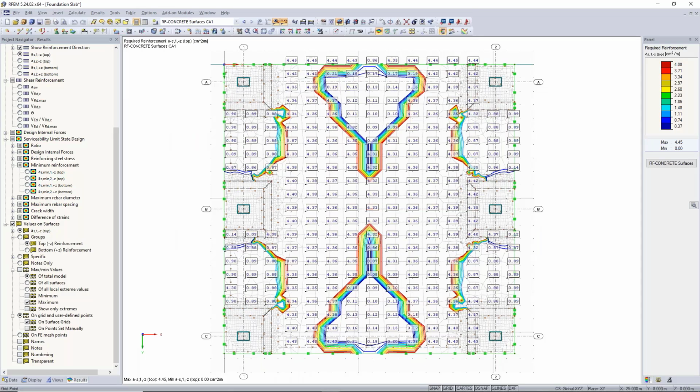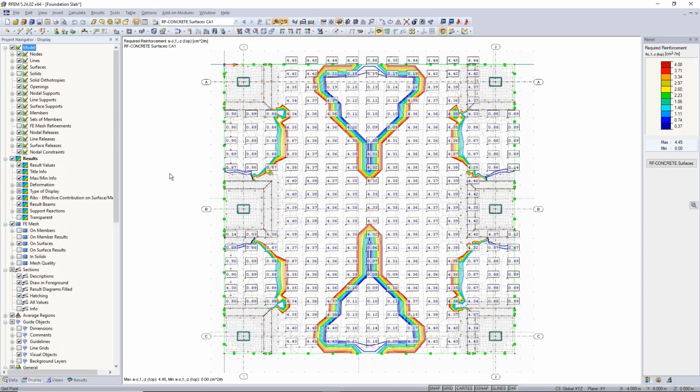The first thing I want to do is switch off all the topics in the display navigator which are not required here. For example, in my opinion, we do not need these nodal supports, line supports and surface supports, the symbols. So that makes this graphic already a little bit cleaner. The next thing I would like to deactivate, because the lines in the printout report are maybe a little bit confusing,